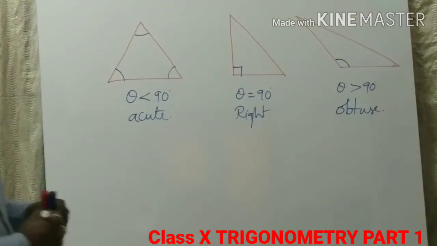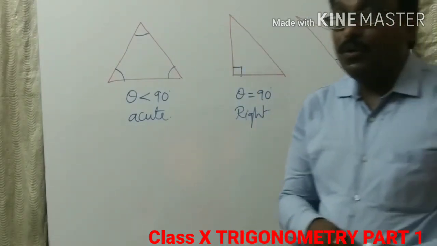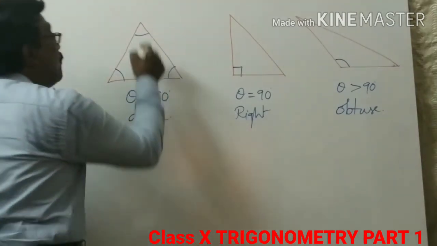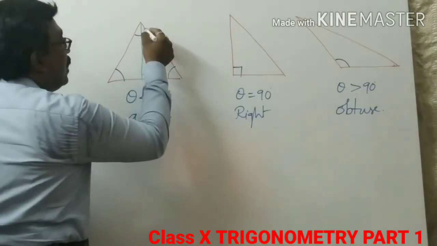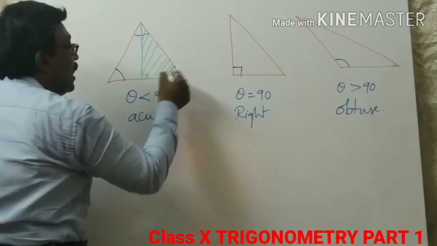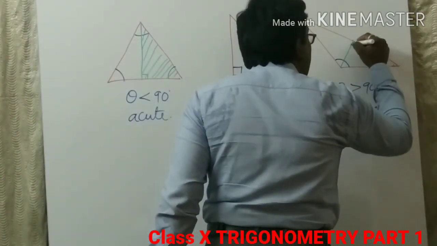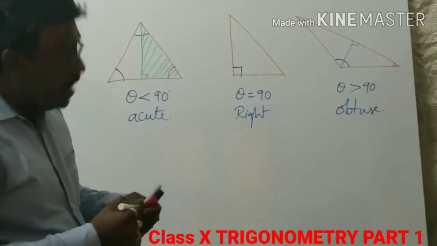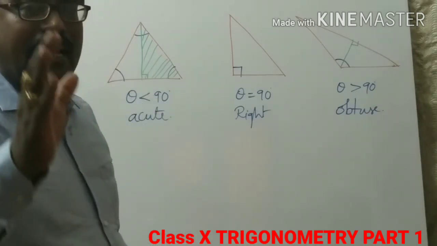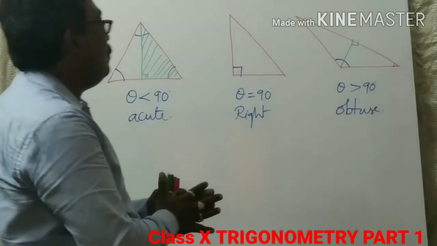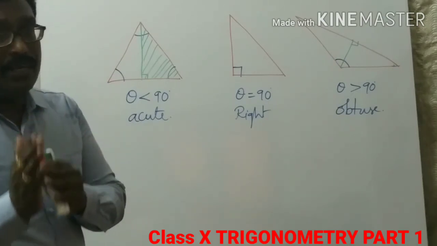Now an acute angle triangle and an obtuse angle triangle we can convert into a right angle triangle, or a part of a right angle triangle, by drawing its altitude. Now the acute angle triangle becomes two right angle triangles by drawing an altitude. Here also, if you draw an altitude, it becomes one. That means by drawing an altitude, any triangle becomes a right angle triangle. The same concept we are using, a right angle triangle, for solving trigonometry.